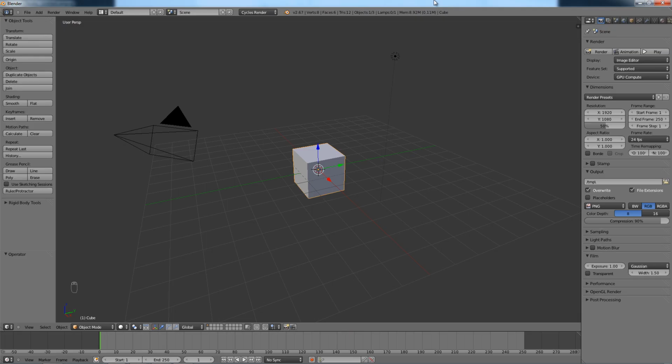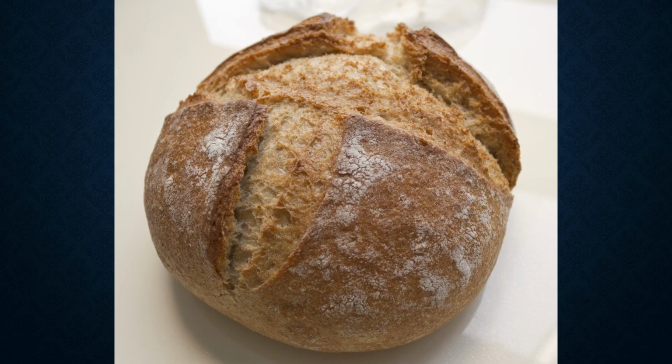Now, whenever you're modeling anything in Blender, you want to think about the overall shape of it. Having a look at our reference photo here, you can see that the basic shape of this loaf of bread is almost spherical. It's almost like a complete sphere. So you might be tempted just to make a sphere. However, you can see that the way